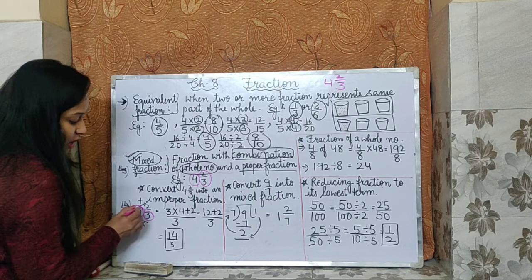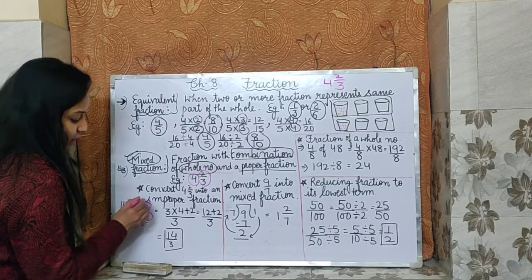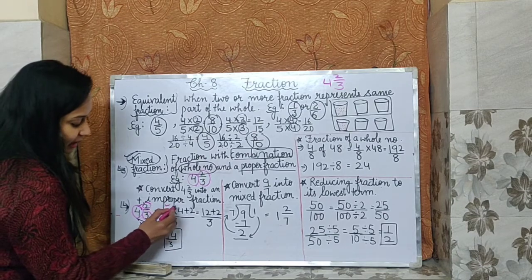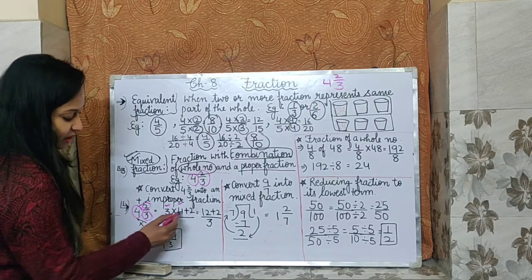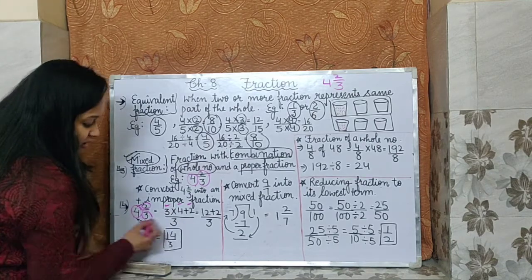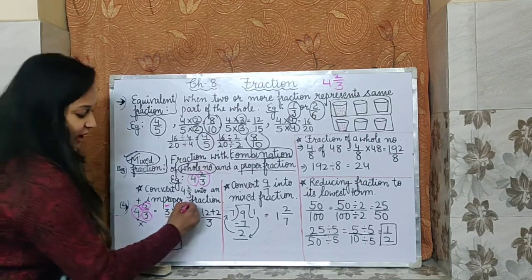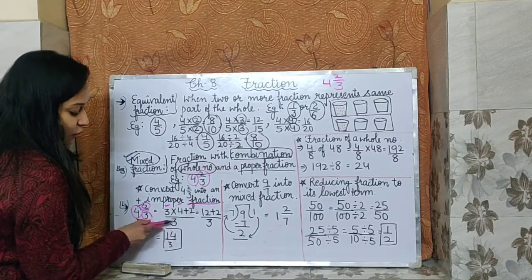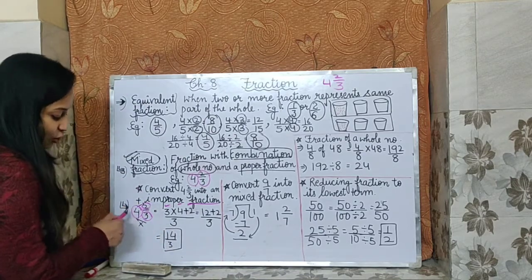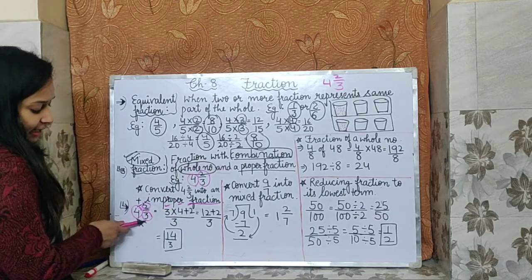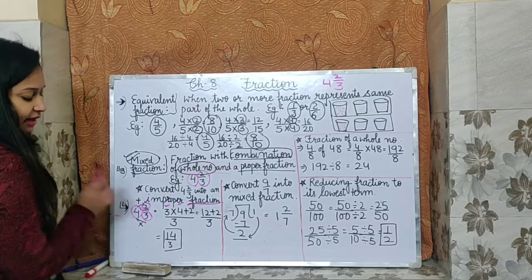First multiply, and whatever answer comes, see, I have done here. I will multiply the denominator and the whole number first, and then I will add the numerator to it. The denominator 3 will remain the same, because we have to make a fraction and for a fraction there must be a denominator. So over 3 will remain the same. Only in the upper part, in place of the numerator, we have to do this: multiplying the denominator and whole number and then adding the numerator.